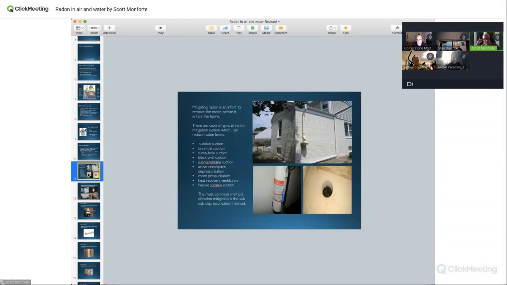Okay, let's talk about the several different types of radon mitigation. There's subslab depressurization, SSD. As the name says, we're creating more negative pressure below the floor slab, so there's more positive pressure on top of the slab. Rather than the basement being under negative pressure, we're trying to switch that and put more negative pressure under there. So that's the most common.